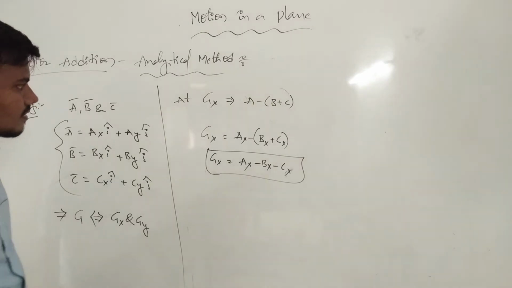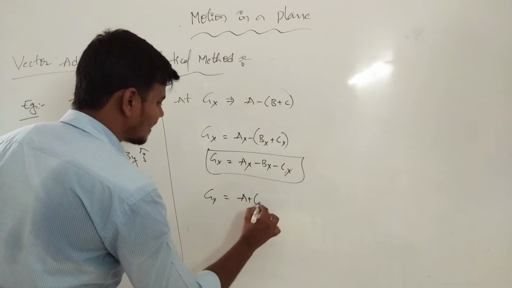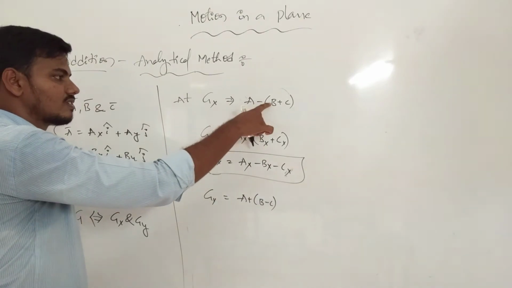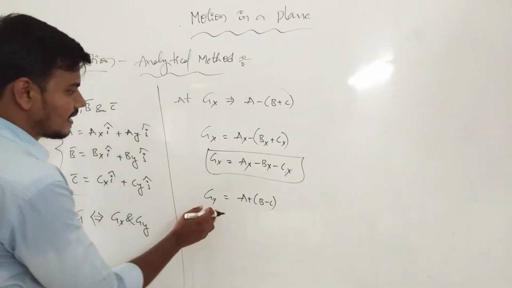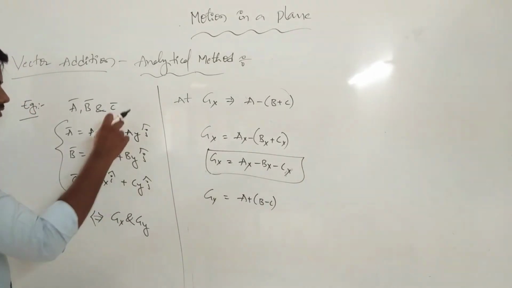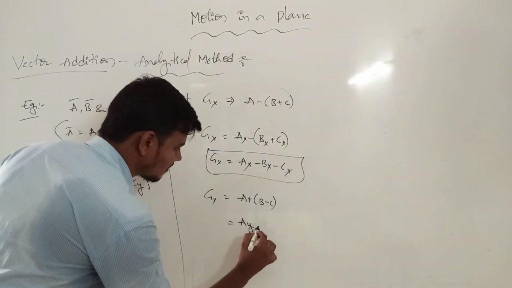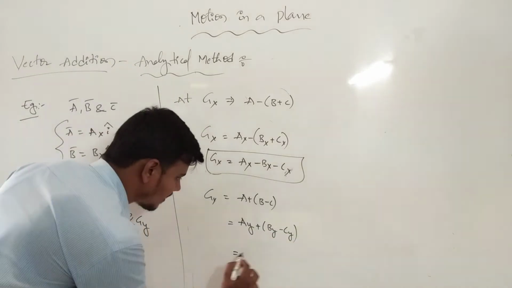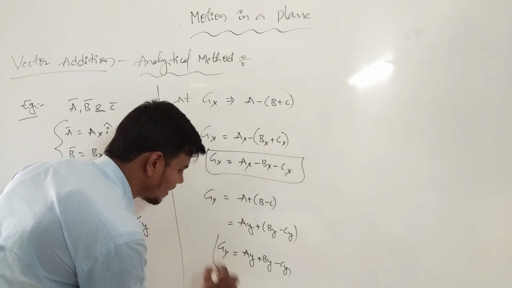Now we can introduce the Gy portion also. A plus B minus C. A is the first vector; we introduce the signs positive, positive, and negative. A is the positive vector, and positive half of B, then minus C. Clear? At the y direction of the position, Gy is equals to Ay plus By minus Cy. Now this is the Gy combination.